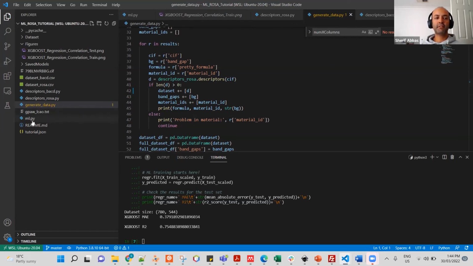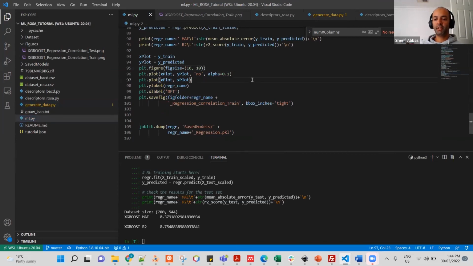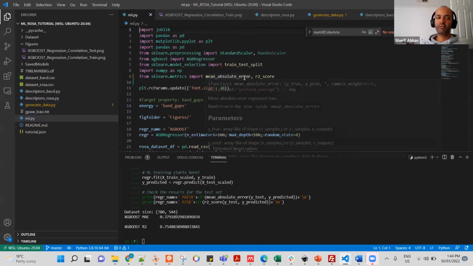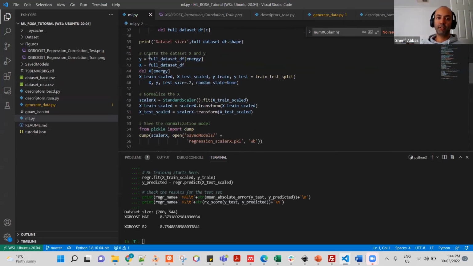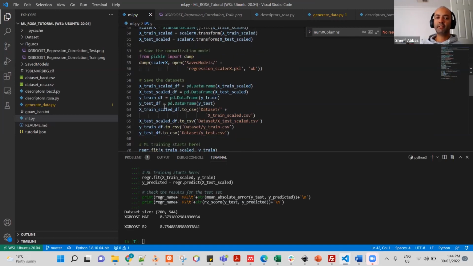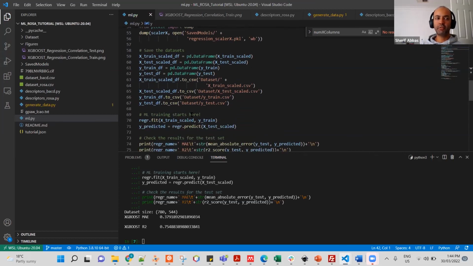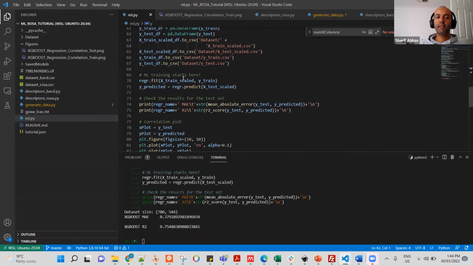After generate data, we used ml.py, which uses the generated dataset CSV files, merges them together, places the band gap target values into a y vector, and places the input descriptors, the BACD as well as the ROSA, into the X, and performs the 80-20 split, scaling, and saving all this data into a dataset folder,